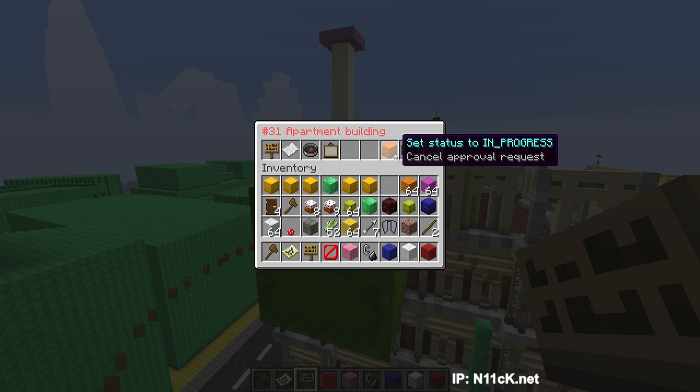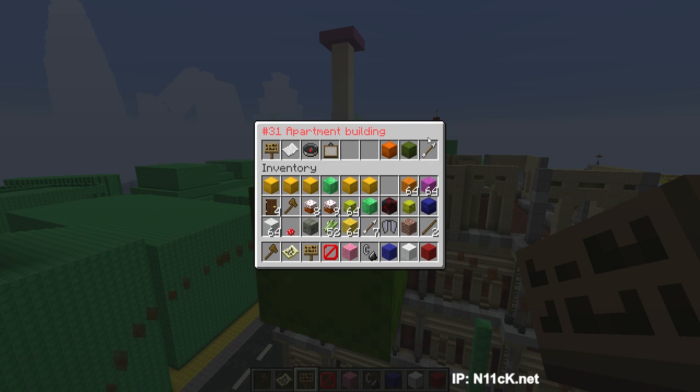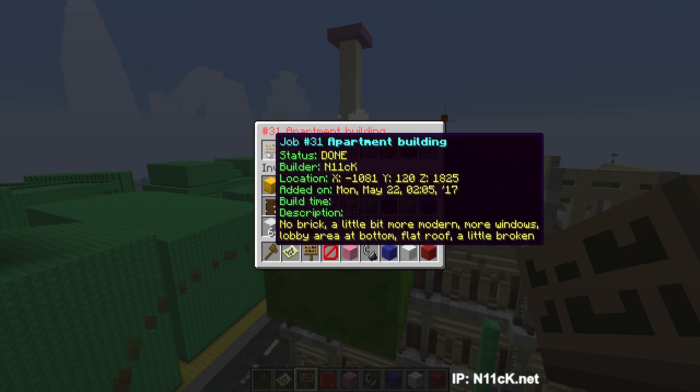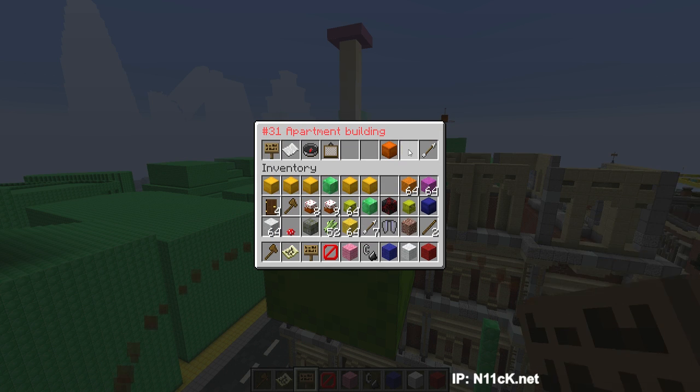Now as the builder itself, you can once again think, oh, I forgot something. You can cancel that once again. It's going to change to orange, and it's back to in progress. But let's say it's actually done. You want to just keep it like this, and then once an admin sees this, they see, oh, this is done. They can go inside of it and look at the job. If it matches the description, if it's good, lots of detail, then they can approve it, and then kaboom, it's